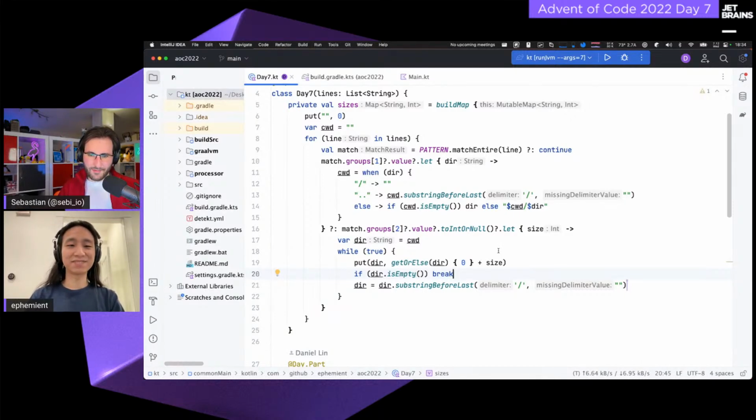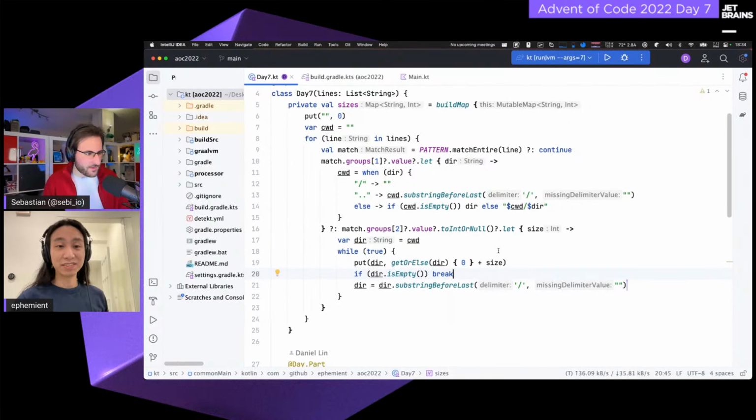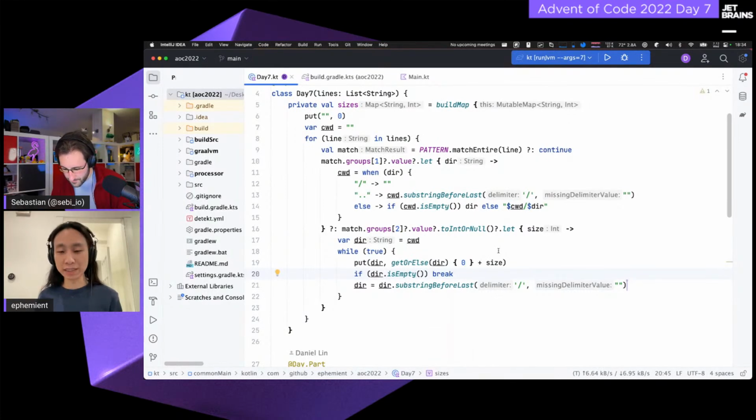Wow. Yeah, I'm liking this solution. This is good. Was this kind of the first thought that came to mind when you did this? It was more or less. So as I said, initially I was tracking file names.